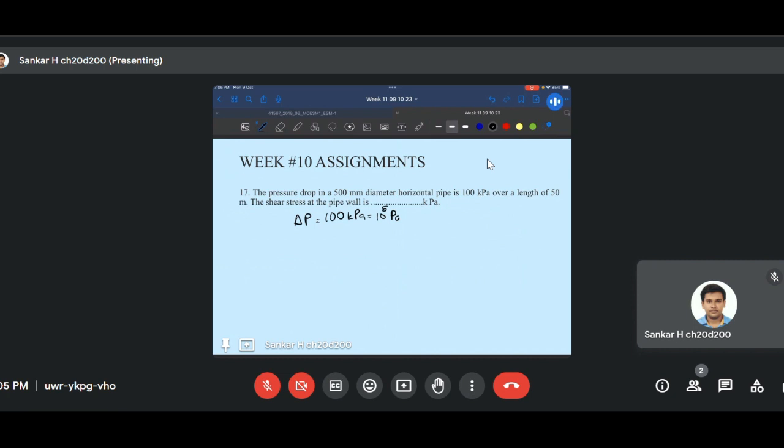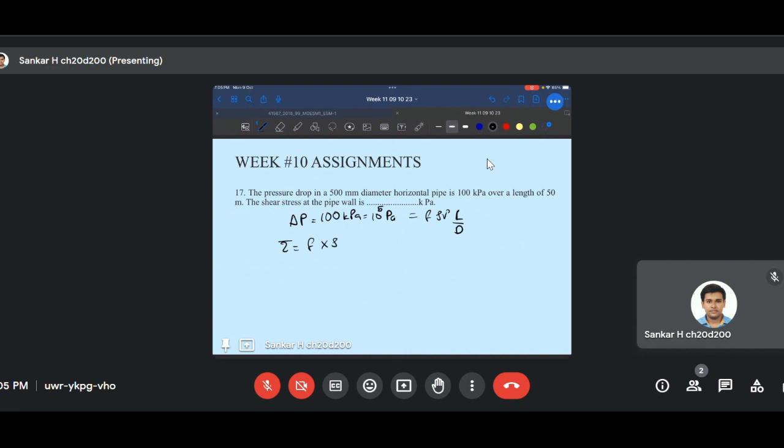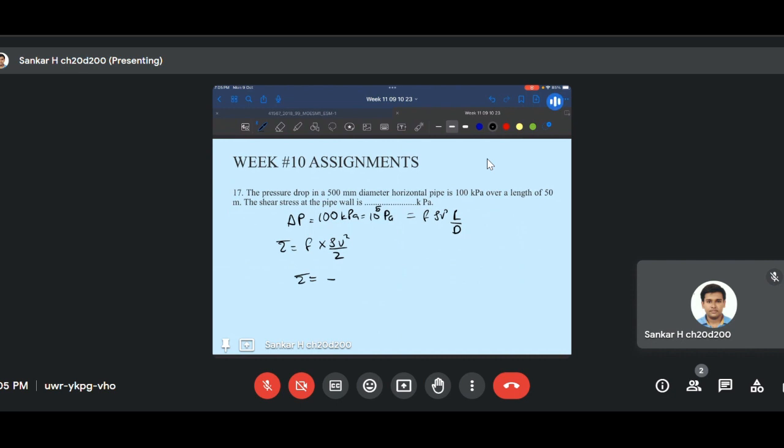We know that the pressure drop is given by F times rho V square by 2 times L by D, whereas the shear stress is just equal to F times rho V square by 2. So when we do this calculation, we get the shear stress and pressure relation as minus delta P by L times D by 2, which will come out to minus